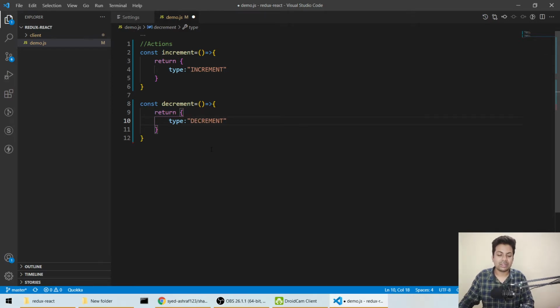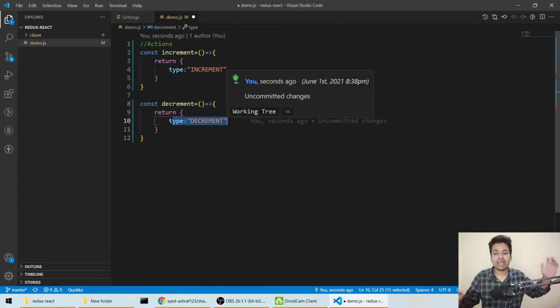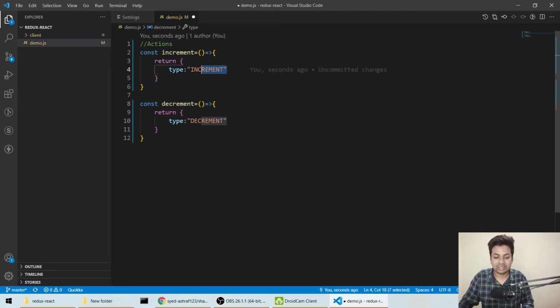Now this is called an action. If we call increment, it will tell us this is the increment type. If we call decrement, this is the decrement type. You'll be like, why are we calling a function just to return this? Why can't we just return the string? Actually Redux works in that way, and apart from that, we may send different values, like 1 plus 1 or whatever different values. So that's why it's a pattern.